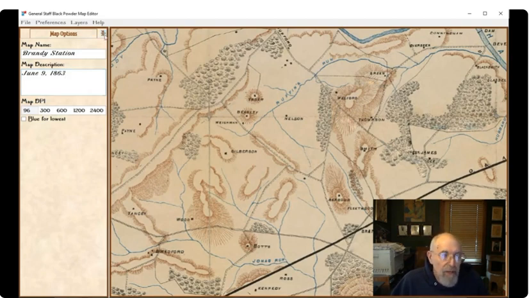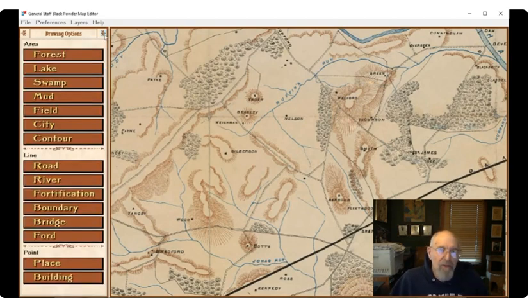It's pretty simple. I have to confess, I'm not a very good artist. Let's start with the forests. By the way, the map editor supports a digital tablet and pen. I'm terrible with all that stuff, but Ed Eisenberg and Ed Kurt, who both worked on maps for me, are very good with those tools. So I'm going to start off by just outlining where I want this woods. I've already clicked on forest.